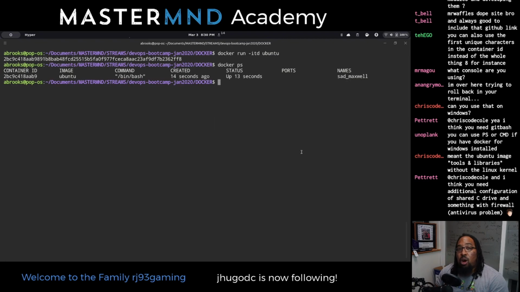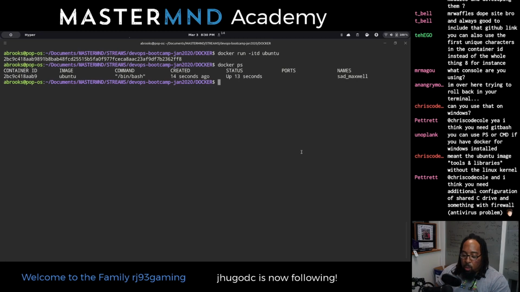We have just a default image that's kind of running. And again, this is still Linux. These containers aren't anything crazy special. They are basically little packaged up runtimes that allow you to use your computer's kernel, your host system's kernel, and the Docker engine to kind of emulate an environment almost.